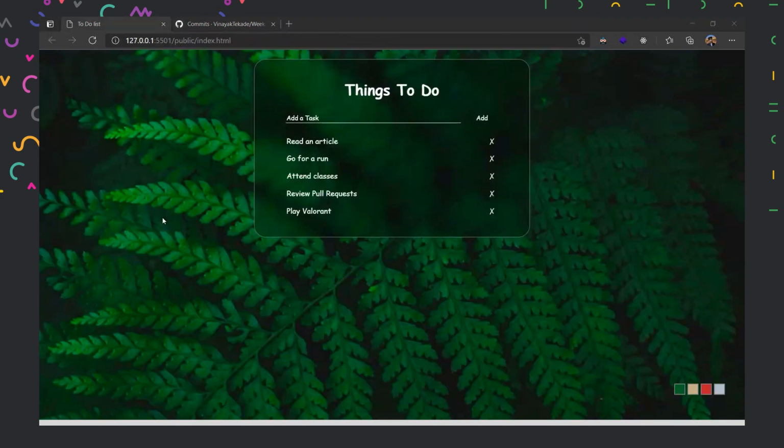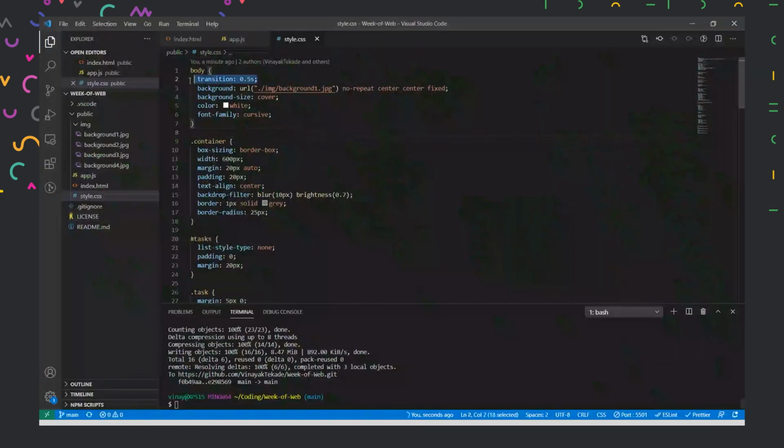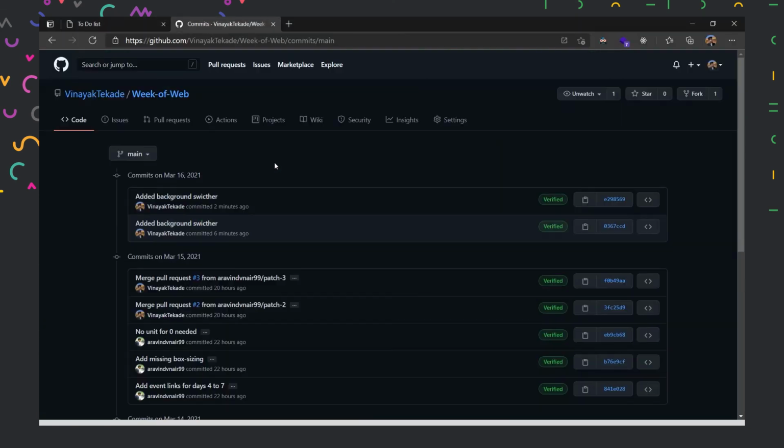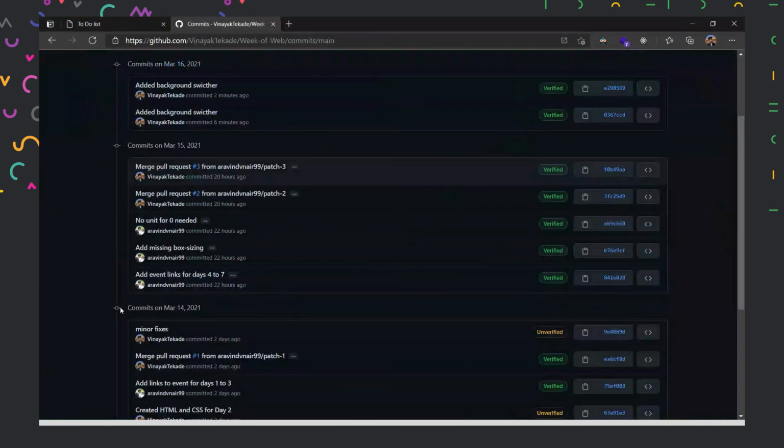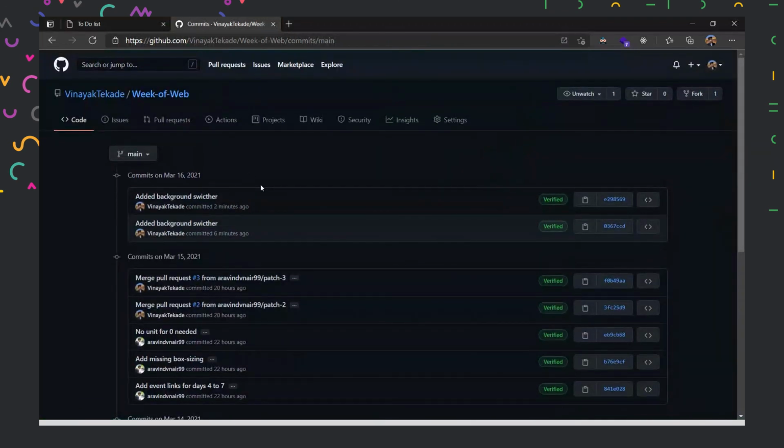So what I did was I went to the code, and there was one transition property which was creating a conflict, which wasn't available in the previous version. So I told it that no, we need this transition property, don't remove it for us. And that is how all the conflicts were removed, and we had our repositories matching with each other. So our local repository was matching with our GitHub's repository. All these changes were incorporated, and that is how all the states of our local repository and the remote repository were at the same place. And that is how we removed the conflict between the two repositories.